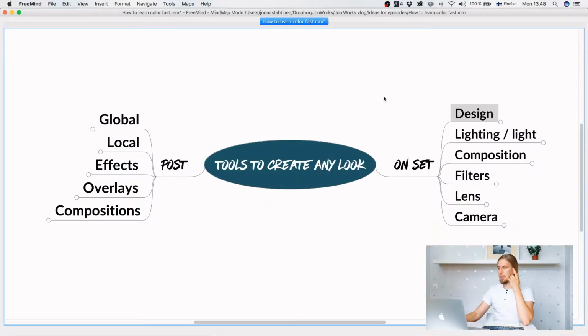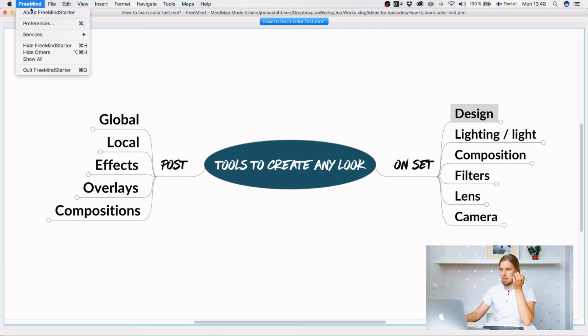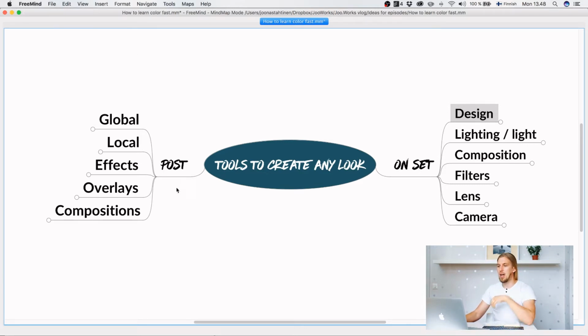So let's start. Okay, at the computer, I have built a mind map. This is free, open source software for creating mind maps. And I like to create mind maps whenever I try to get something out of my head. And as I said, this is a two-part tutorial. Now we're gonna talk about stuff that happens on set, but next time we're gonna talk about stuff that happens